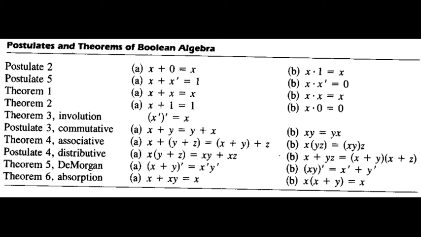All these basic postulates and theorems are required to simplify a complex Boolean expression or Boolean function. So dear students, please understand this and remember it so that we can cover it in the class. This discussion will be followed by some examples, then minterm, maxterm, and sum of products concepts, and then another systematic way of optimization, that is K-map. Thank you.